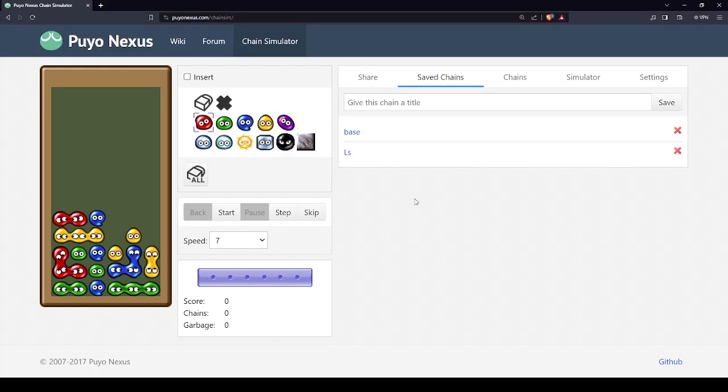One of the skills that you build up if you play Puyo a lot is that you become good at seeing and remembering what colors you need in specific spots. So if you wanted to build a chain like this, well, before you complete it,